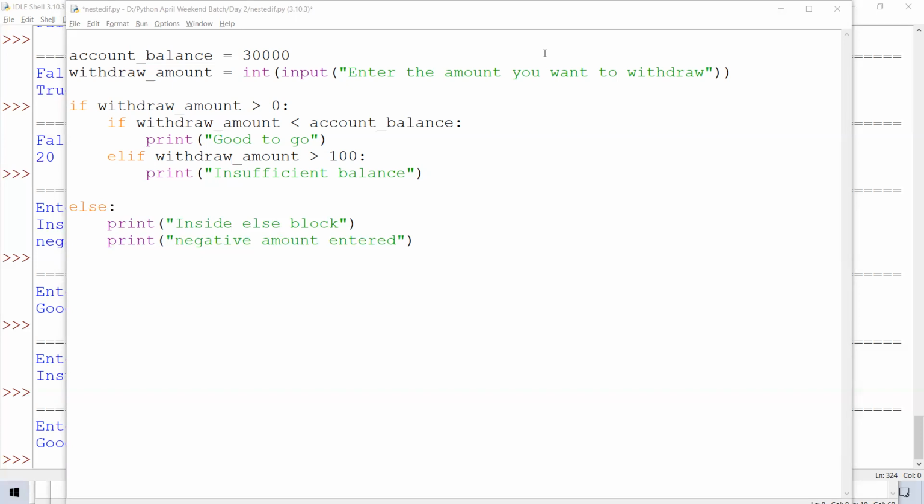Can you add one or two conditions? I want to understand the complexity, like in real life we face so many. So see this nested if now, it depends, you can have